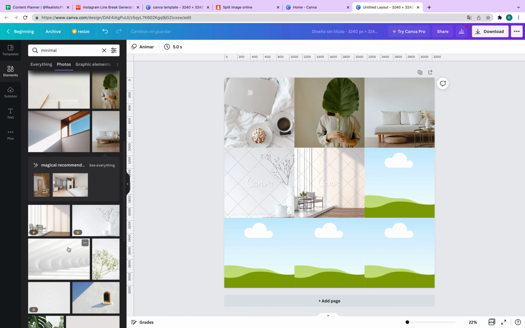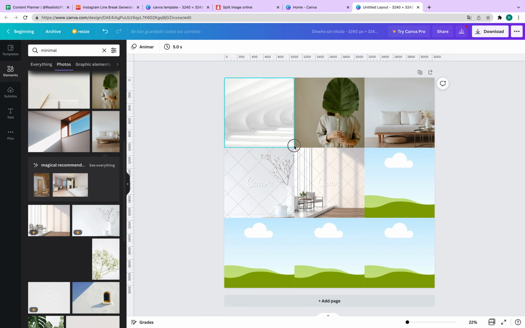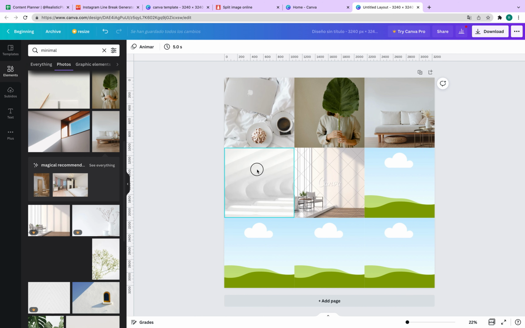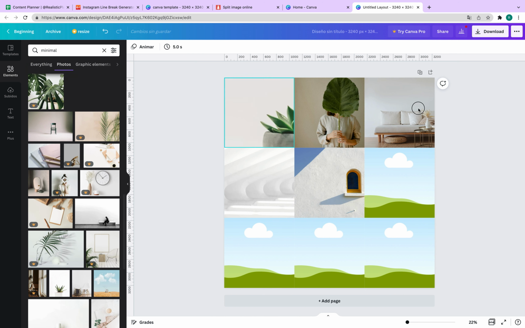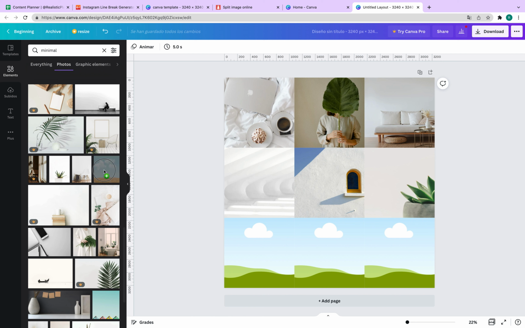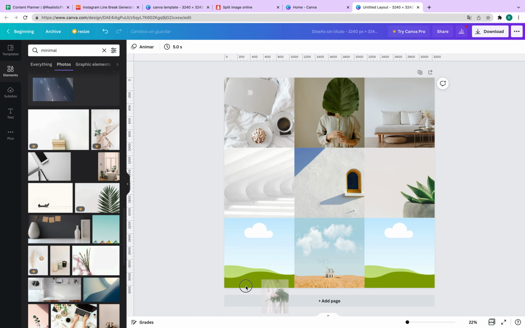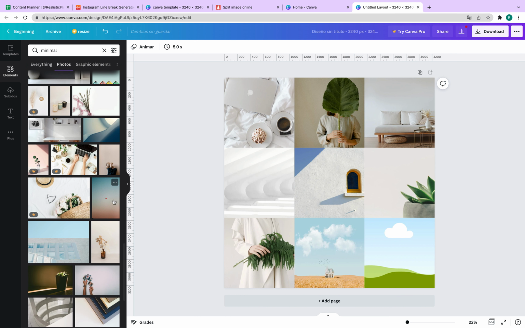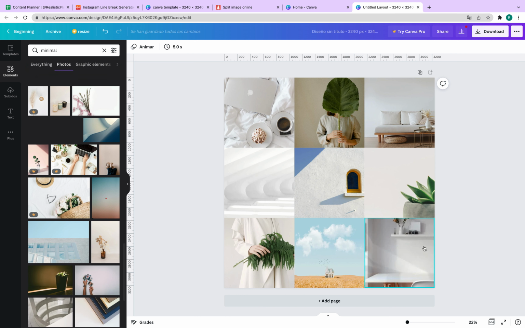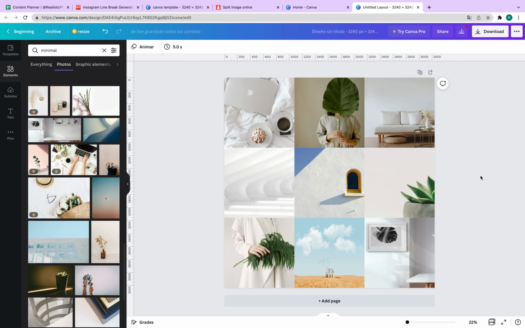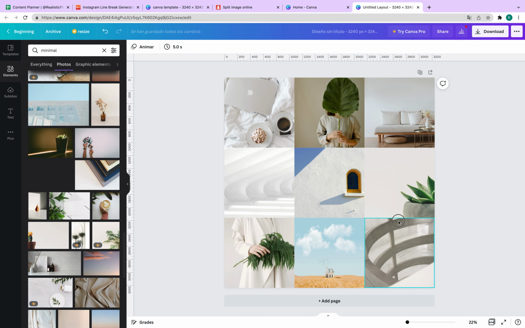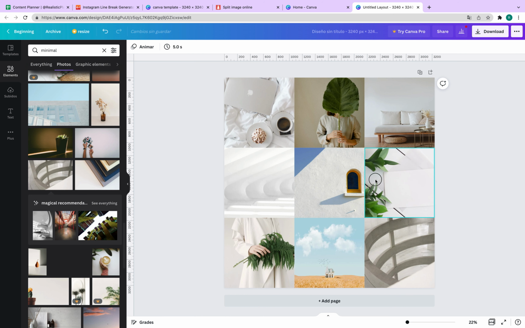Now, some of these images are pro, so the ones with this sign. If you don't want to buy Canva, you have to make sure that you don't have this Canva sign on it. So I'm just gonna use the free ones for now, and then I will choose my images. Obviously this is not gonna be the best feed of your life if you do it as quickly as I'm trying to do. Another thing is that you can change where the image goes. So I click twice, and then I just move it around,